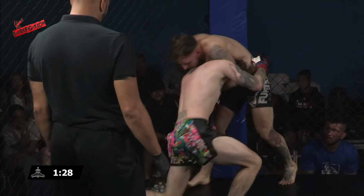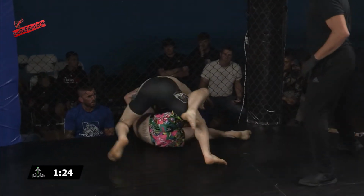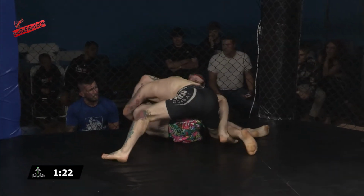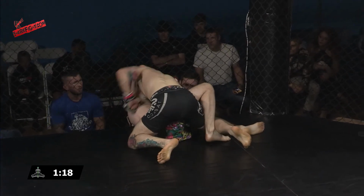Good defense, but is he on the neck? High elbow. Oh yeah, and Stevenson bails out. He does a good job, just kamikazed his way out of that one. That was dangerous for a second there from Stickler. Yeah, it looked like it was tight, but